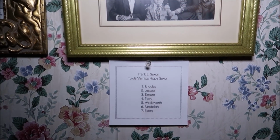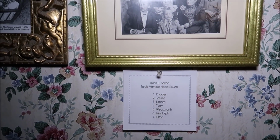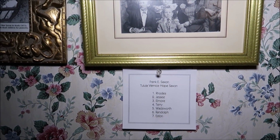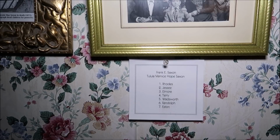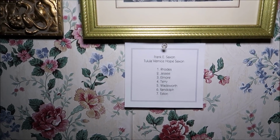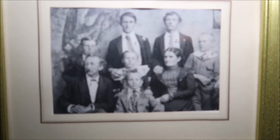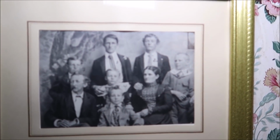This is Frank Saxon, Tallulah, and this is their children, Rhodes, Jessie, Elmore, Terry, Wadesworth, Randolph, and Easton, and they are all buried at Brooksville Cemetery. Every one of them are buried at Brooksville Cemetery. We need to find out who took care of...